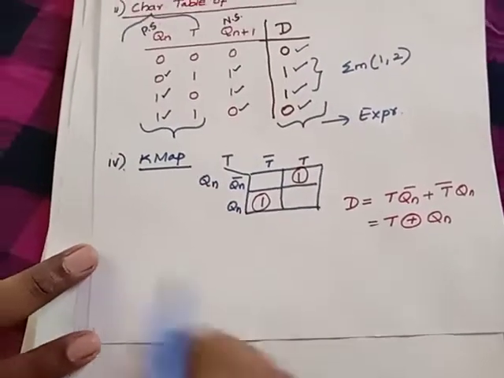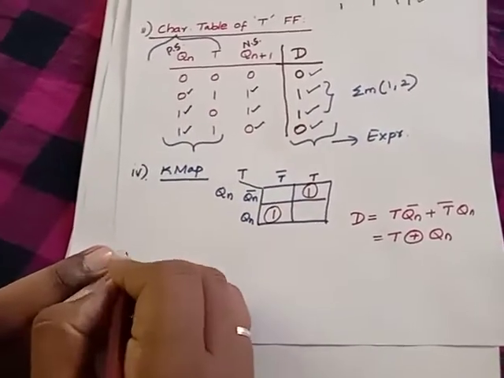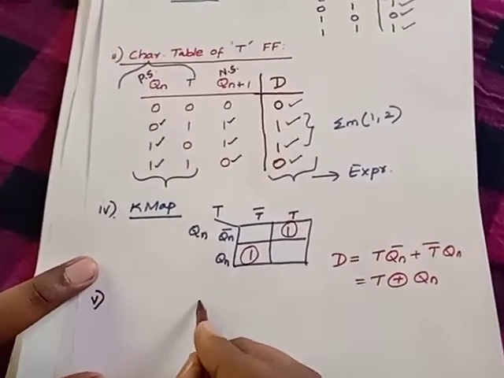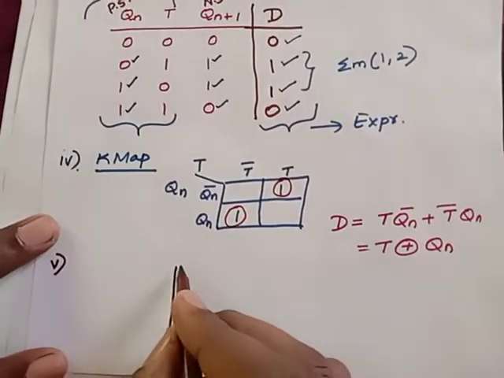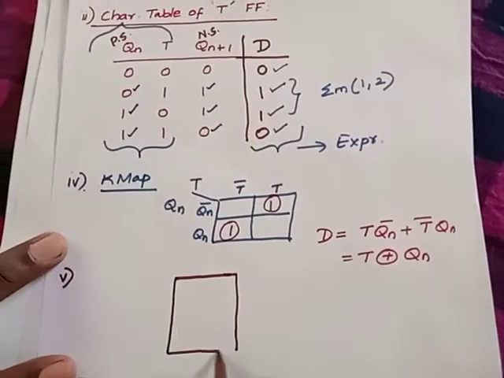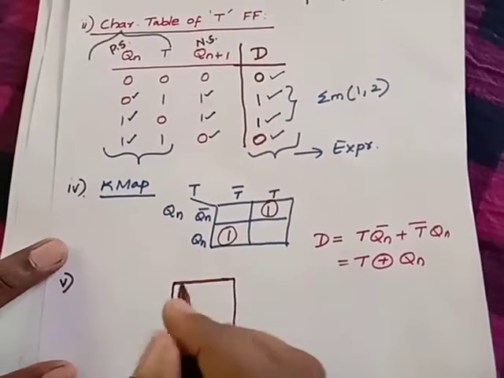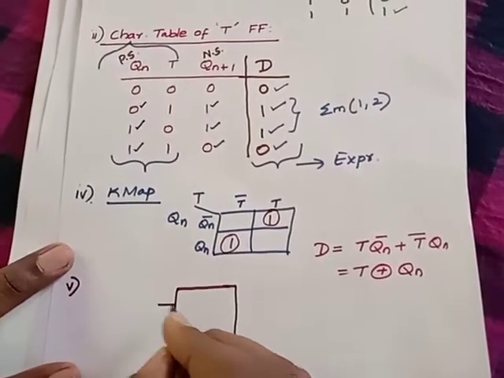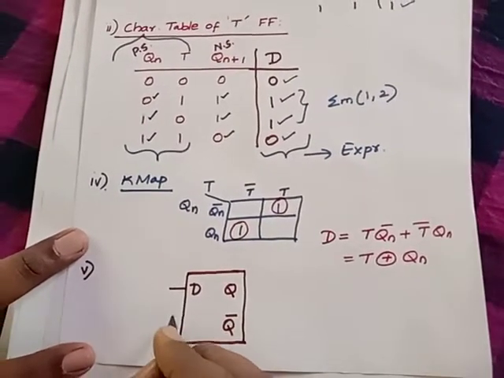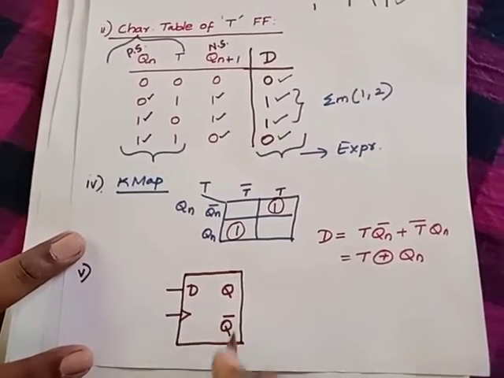Now that's all. Now what is the last step? You have to draw your logical diagram. What is a logical diagram? Please understand, it's very simple. You have to draw your given flip-flop. The given flip-flop is a D flip-flop, correct? Draw the given flip-flop, D. So first you draw all these things. This is D, it is Q, Q bar, and we will have a clock pulse. This is the given flip-flop.